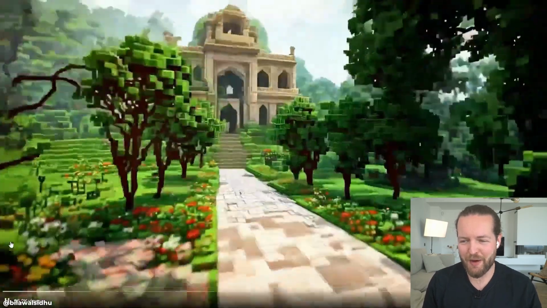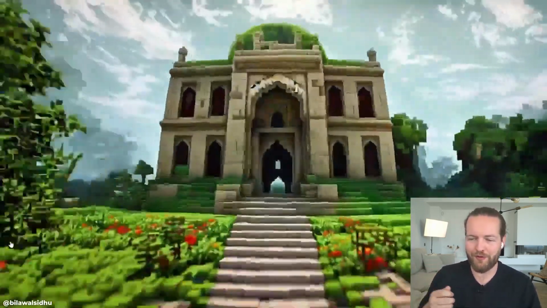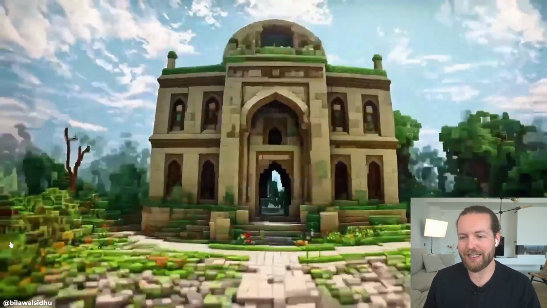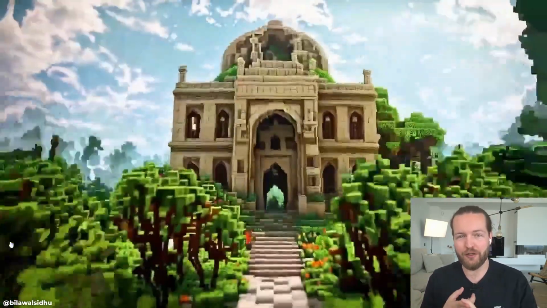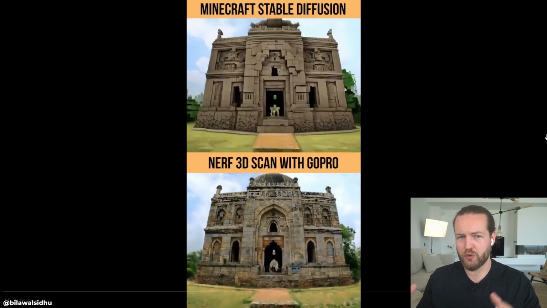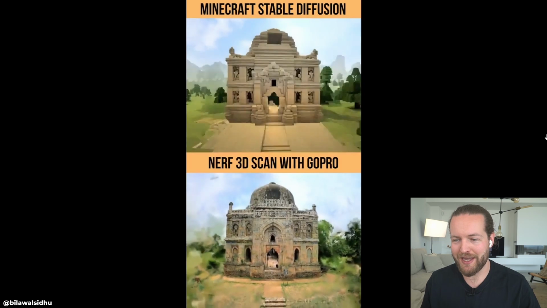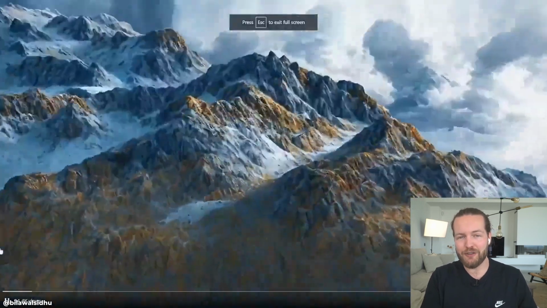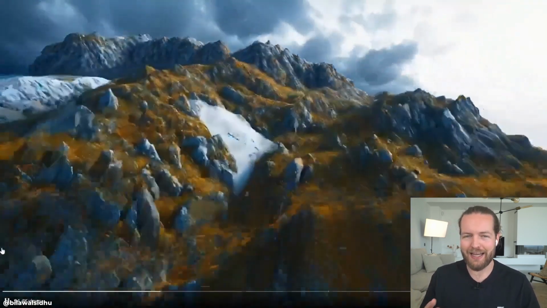You can turn any video into a Minecraft creation. So this is a bunch of AI methods put together. First, he used a GoPro to film the entire location. Then he used a 3D Nerf to turn it into a Nerf video that makes you able to zoom and move around in 3D space. And then he put that into Kyber AI, an AI video generation tool, to make it look super blocky and like Minecraft.